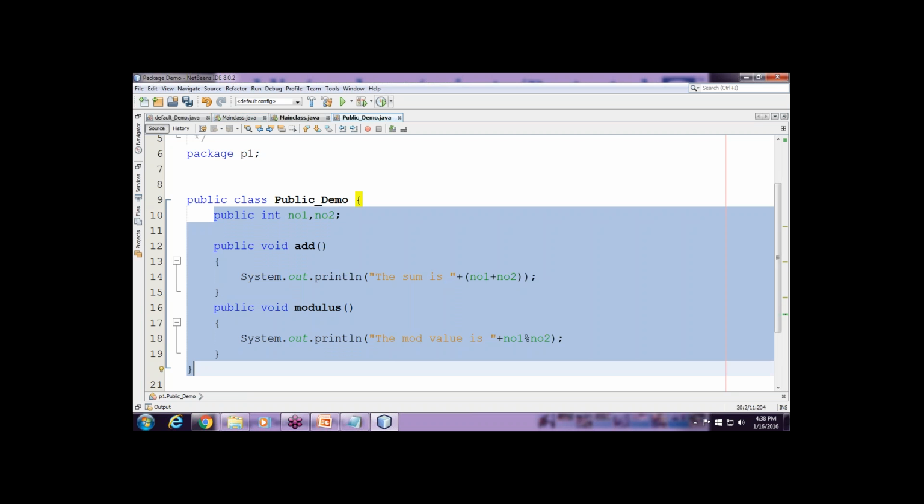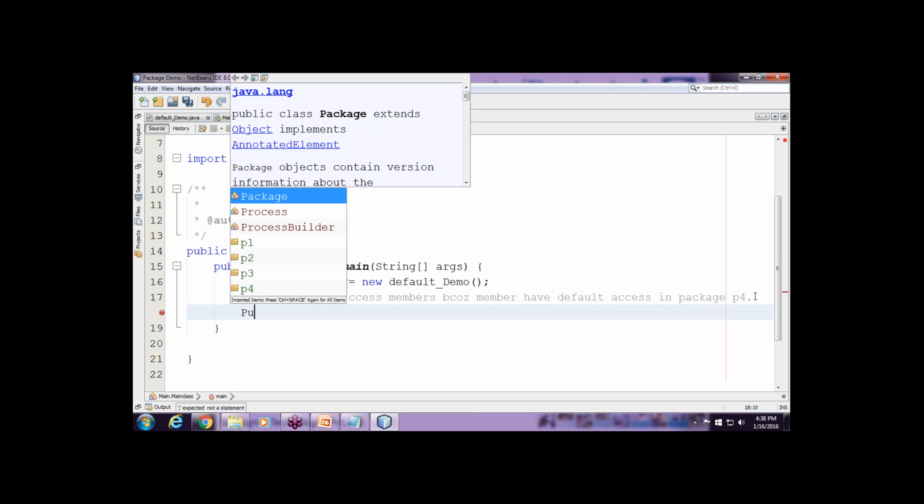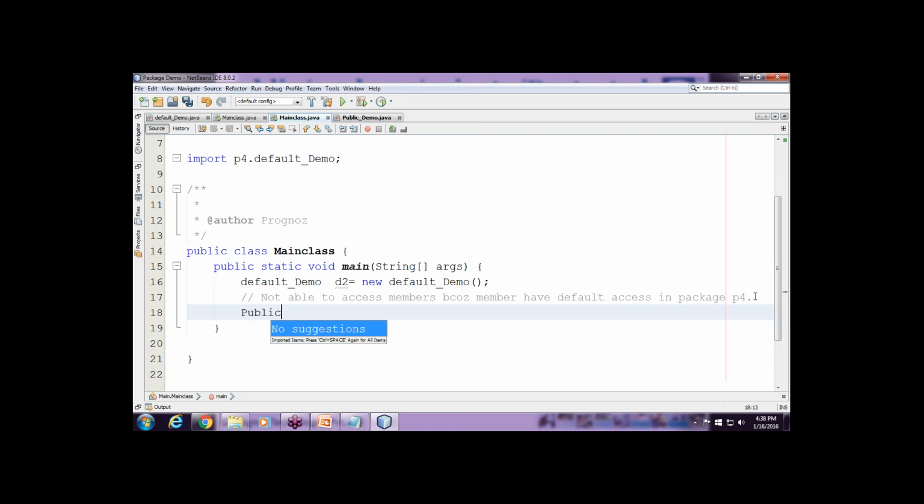Now what I am trying to do here is create an object of this. Anyway, it's in the P1 package. What is the name of that class? It's public. Okay, so let me make public underscore demo, P1. No, it's pub1 equal to, public is a keyword. Okay, pub1 equal to